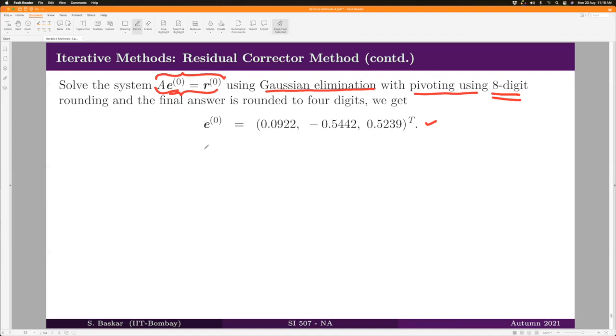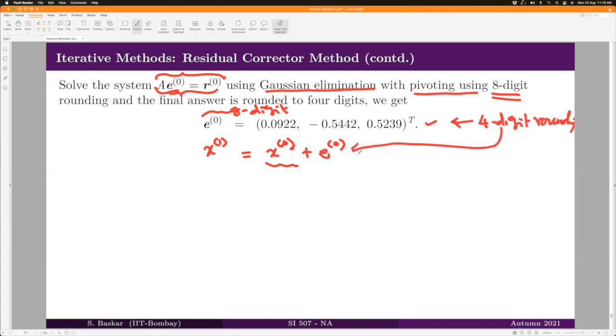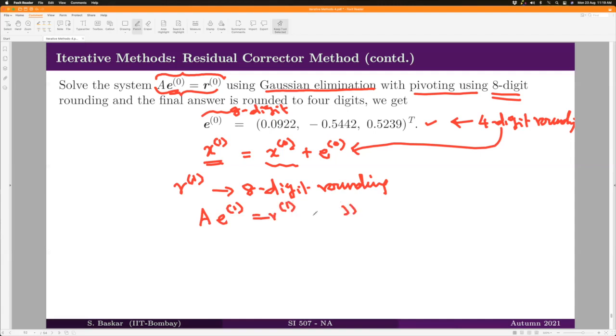And once you get this, then your x1 is represented as x naught plus e naught. Remember, we would have got this e naught with 8-digit precision, but in order to add it with x naught, we just put it with 4-digit rounding, and then you add it with x naught, and that you call x1. Again, for the next iteration, you will compute R1 with 8-digit rounding arithmetic, and from there you will again solve this system, A E1 equal to R1, with 8-digit rounding arithmetic using whatever method we asked for. Here we used Gaussian elimination method with pivoting. And once you get E1 from this system, you make 4-digit rounding of that,